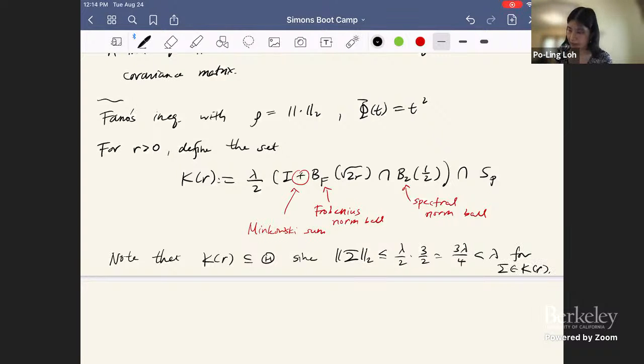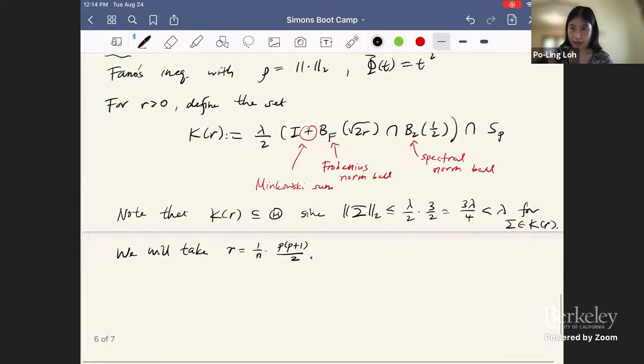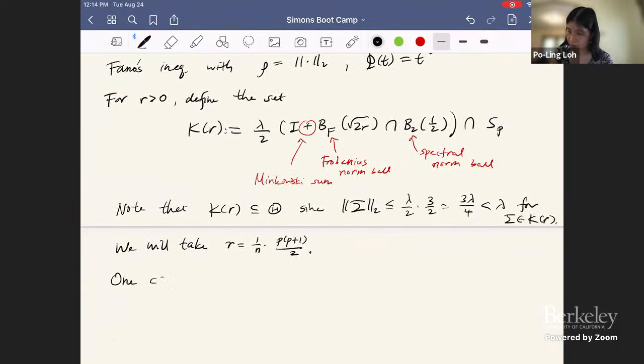Of course this comes out of the technical arguments later, but I'll just tell you what works. We'll take r equals 1 over n times (p plus 1 over 2). So one can show that for sigma 1 and sigma 2 in K of r, we have the KL divergence of P sigma 1